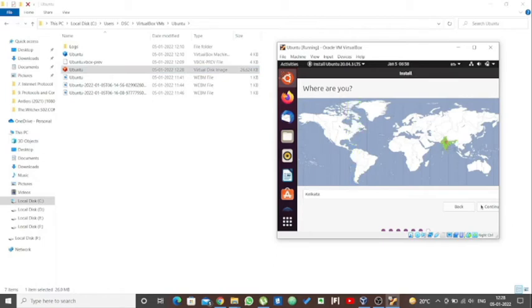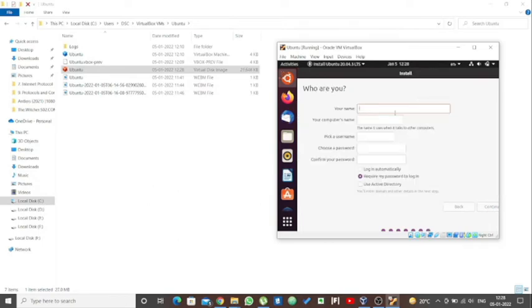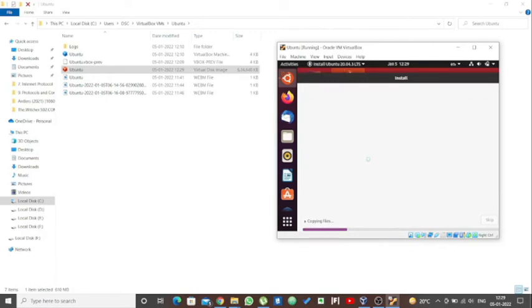So let me choose the time zone. In my case it's Kolkata, and I'll go on and continue. Then I'll set the username and password. I'll give the username as my name, and I'll give a simple password just for testing purposes, but in your case obviously go with a strong password, that is highly recommended. So here I have set up the password, it's complete, and when I click on continue,